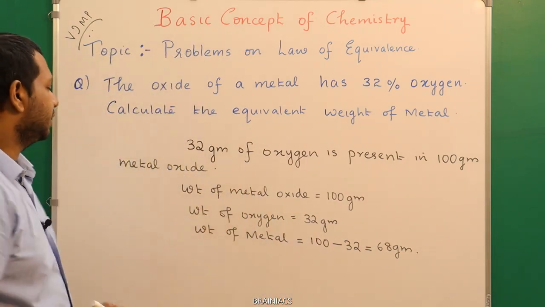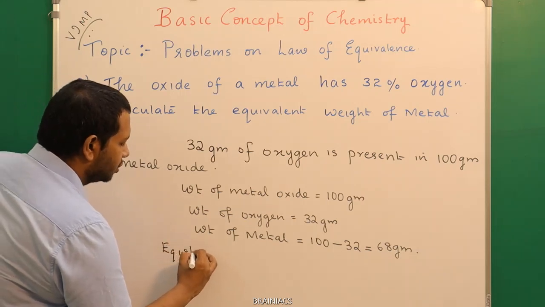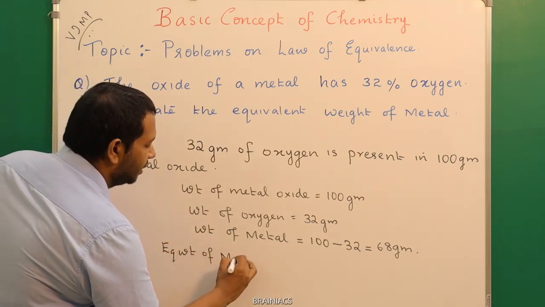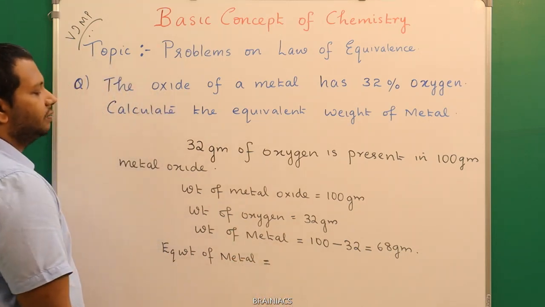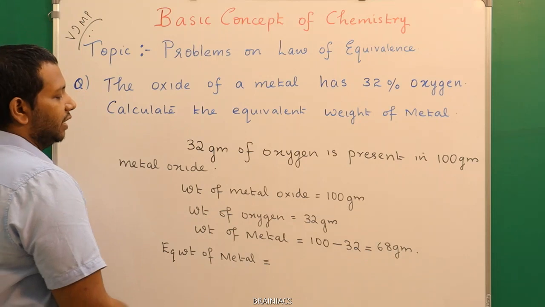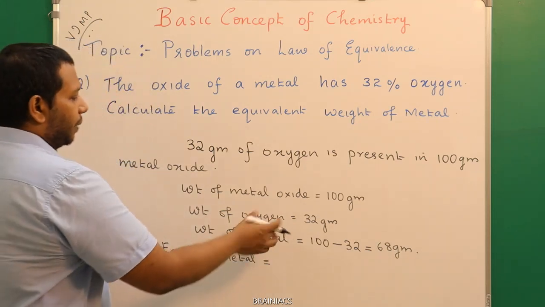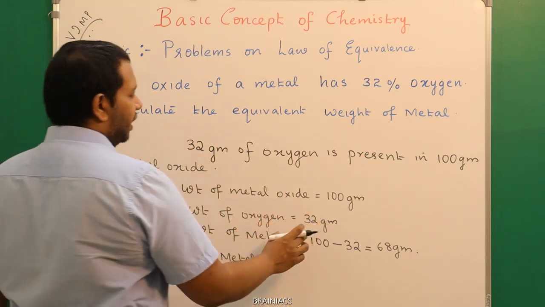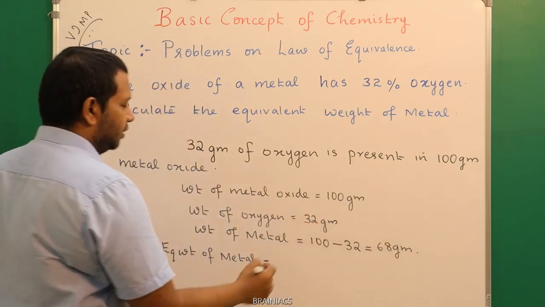Now how to calculate the equivalent weight of the metal? So equivalent weight of the metal is equal to, tell me, what is the formula? So you know that equivalent weight of the metal is equal to, so you can apply the same thing. So what is that? Weight of the metal. So weight of the metal is how much? 68,